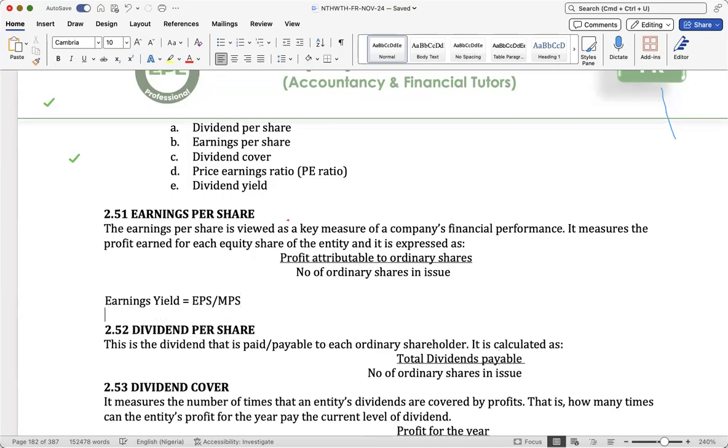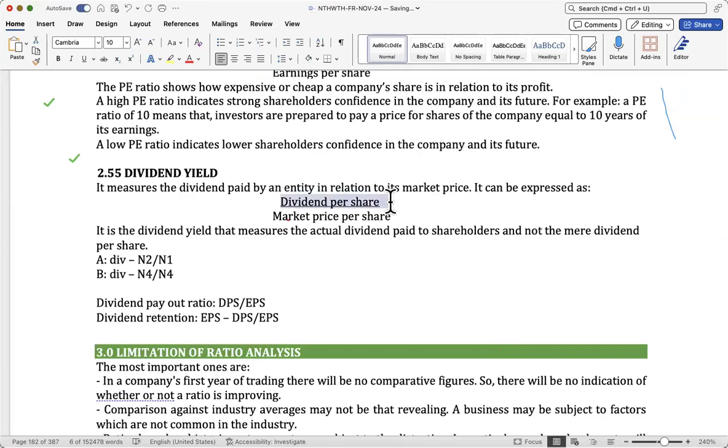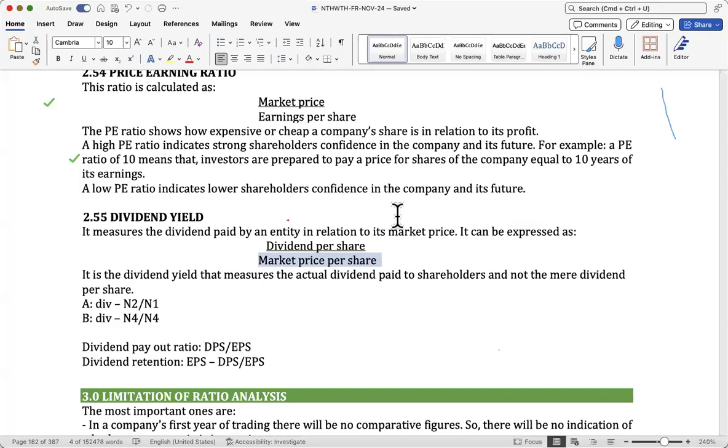So another one very similar to earnings per share is dividend per share. Instead of using profits, we use dividend payable over the number of ordinary shares. And of course, there's also dividend yield, similar to the analysis I gave you for earnings yield, which is dividend per share over the market price per share. This gives the actual return to shareholders,